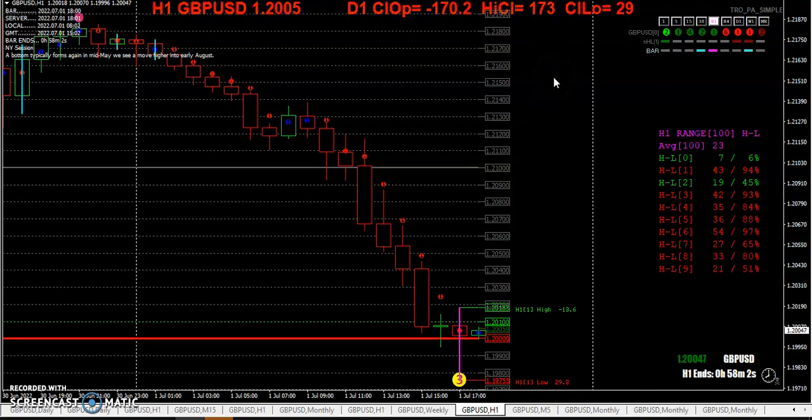The wall mall lines. Once again, simple horizontal trades. And I was just noticing something. We've broken the previous H1 low. 1, 2, 3, 4, 5, 6, 7. I believe that broke it by a point. 8 bars in a row. 8 hours in a row, we broke the previous